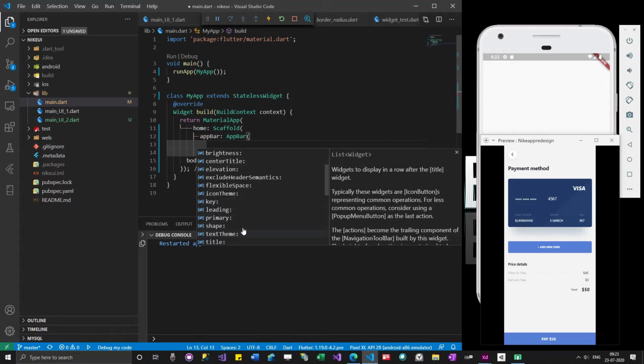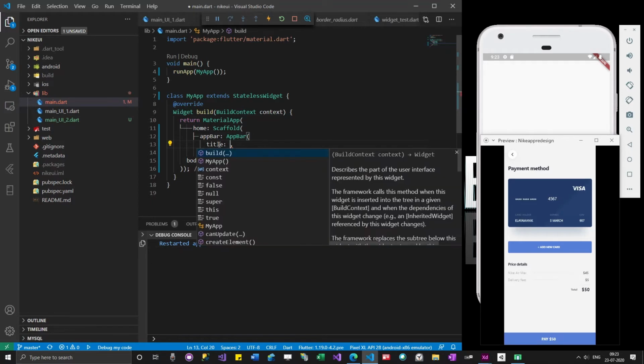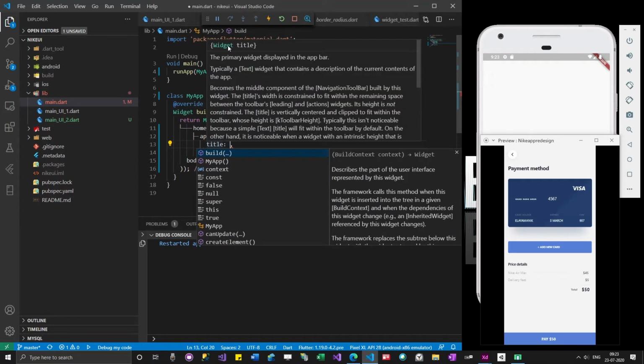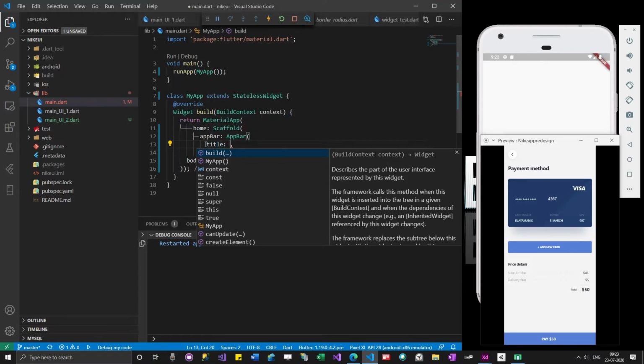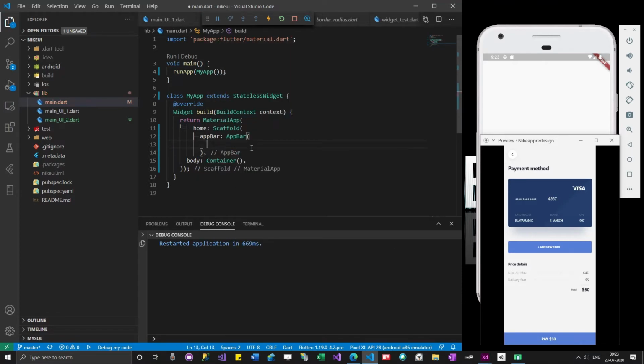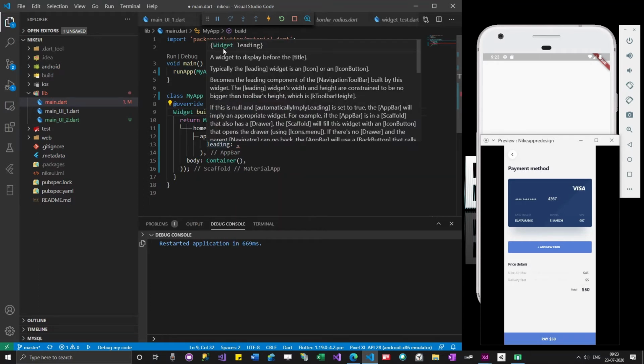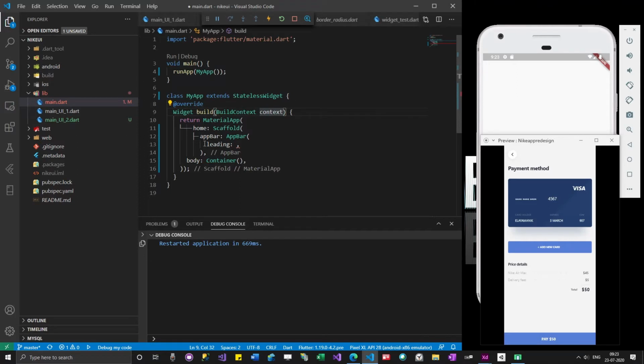If you want to test with title, we can give title also, because title is also a widget type. But if it is a type of text, if it is showing as text, we can't use it. It makes more sense to use leading. Leading is also a widget type, and whenever it is a widget type, you can actually pass any widget.